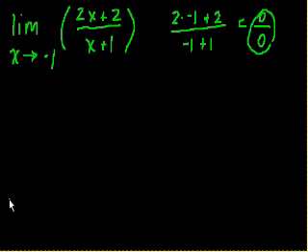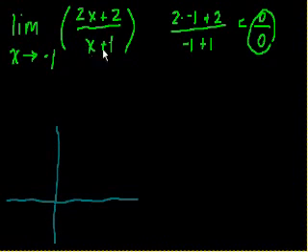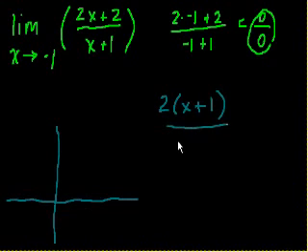So if I draw a graph, so these are the axes. Actually, I'll do the graphical and the analytical at the same time. So I'm going to rewrite this expression in a way that maybe I can simplify it. So 2x + 2, isn't that the same thing as 2 times (x + 1)? 2x + 2 is the same thing as 2 times (x + 1). And then all of that is over